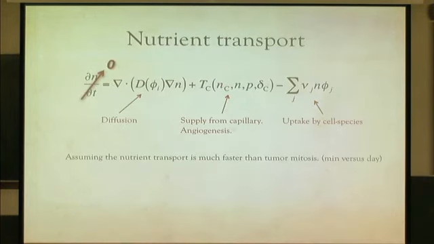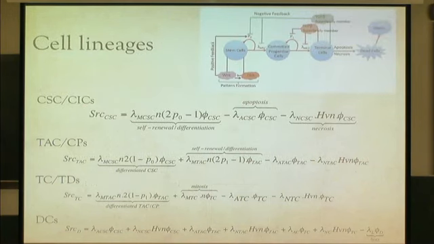And then, of course, the cells have to have nutrients to proliferate, and so we can just take a diffusion equation for nutrients, where they're provided by the vascular system, and they're uptaken by the various cell species. And it's quasi-static because the cells proliferate on the order of a day, whereas these diffuse on the order of minutes. And now here comes the lineage point of view, so that's all generic. But now the lineage is that you have stem cells, committed progenitor cells or transient amplifying cells, terminally differentiated cells, and then also dead cells.